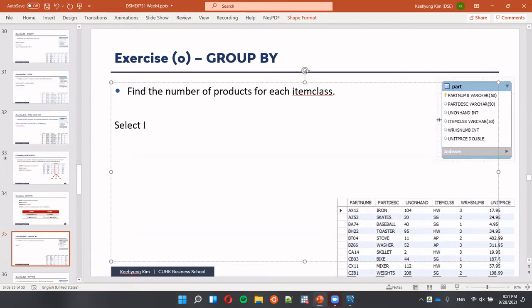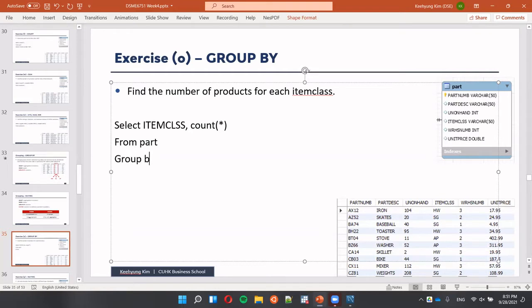So we can use the select statement, and we can show the item class first. And for each item class, we want to know how many products belong to it. So in this case, we have to use the count aggregation, because we have to count how many products there are. So for each item class, we count the product from the part table,